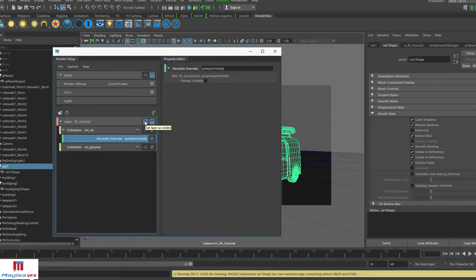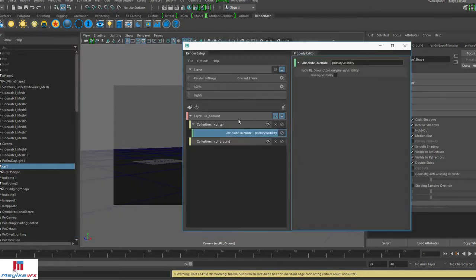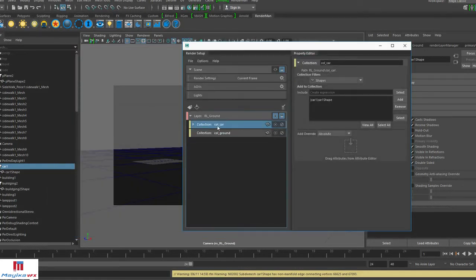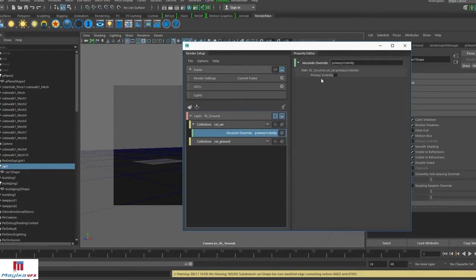So this button, if it shows up red mark, red outline, then it's not refreshed properly. Then you need to click here again to refresh it.